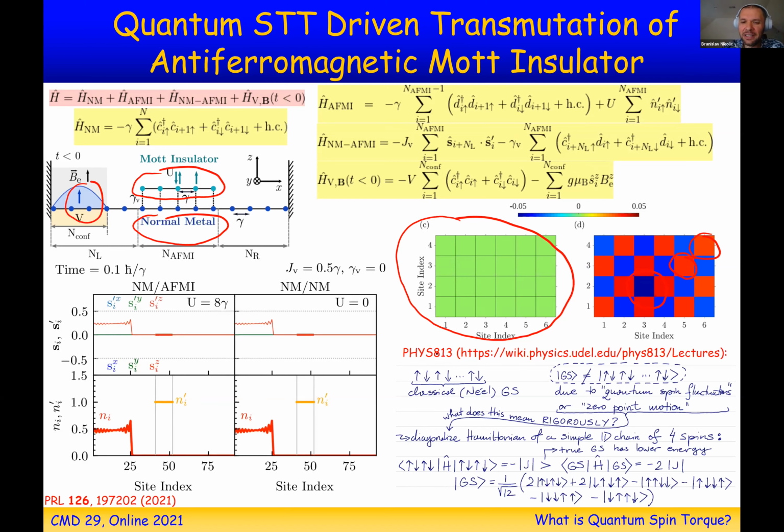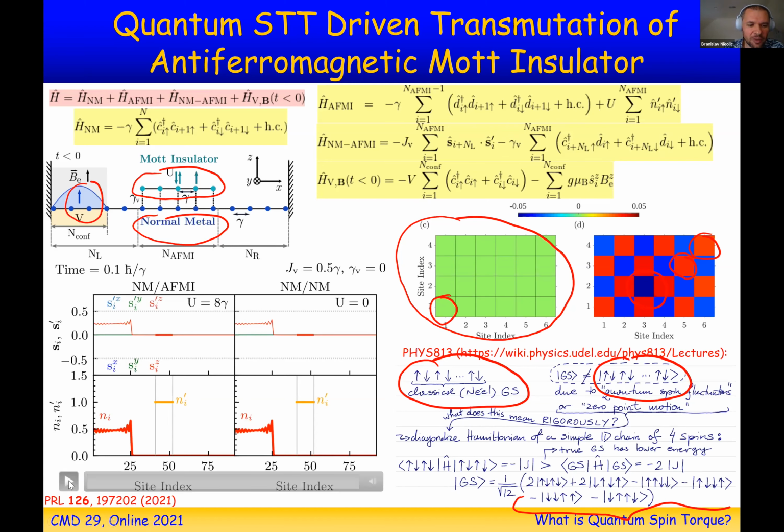And this is a well-known thing, that the classical Néel state is not an eigenstate of the Hamiltonian. Instead, because of the real quantum spin fluctuation, the zero-point motion of antiferromagnets, for example in this case of 4 spins, you end up having a superposition, which is an entangled state, which gives rise to the zero expectation values. And again, the movie is the most important.